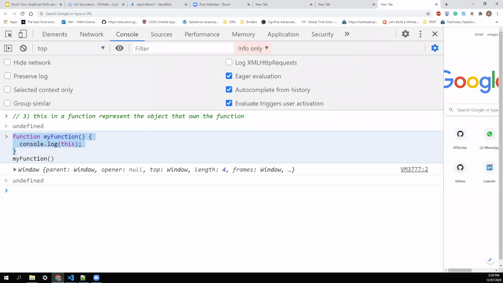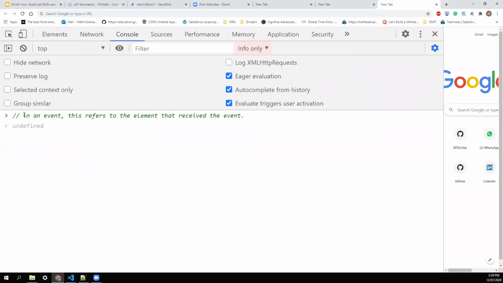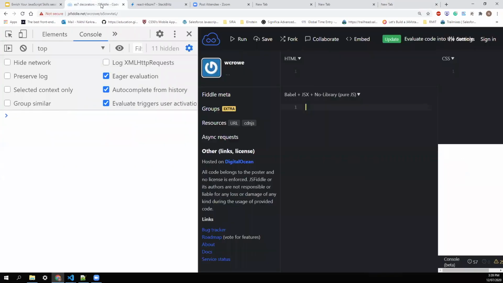Now the fourth point is that in an event, this refers to the element that received the event. To understand that, I'll go to JSFiddle, an online editor, because I want to write some HTML as well.